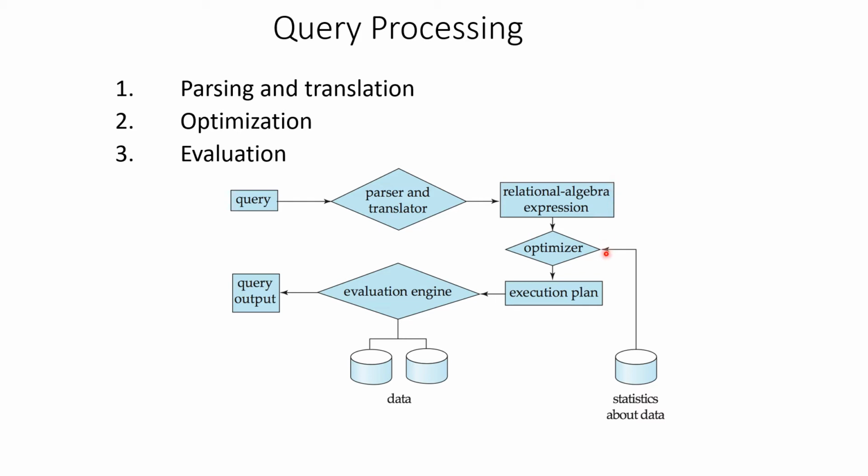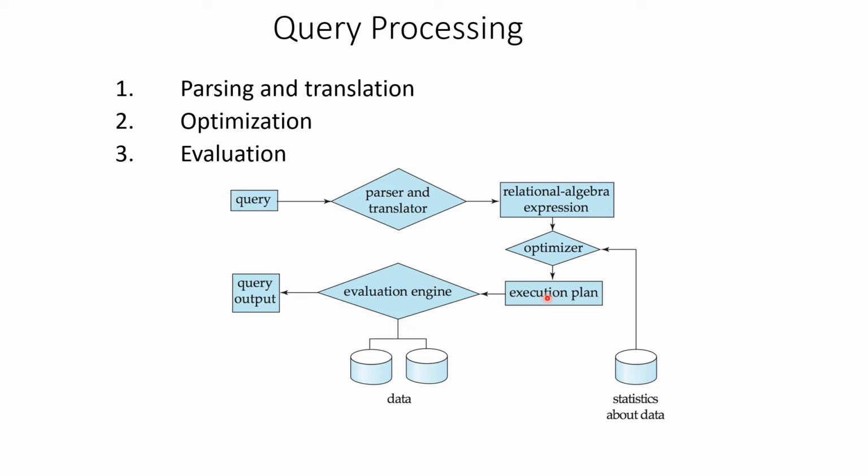Then here we have the optimizer. Here some statistics about the data are stored. Statistics means some mean, median, mode, or this kind of data, central tendency. So these things are stored in statistics form, and then it goes through the optimizer, and then it goes through the execution plan. Basically, the execution plan is very important in query processing,